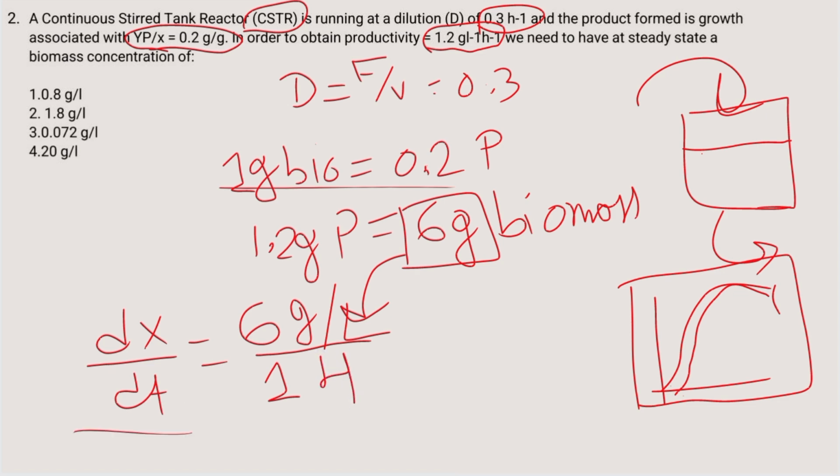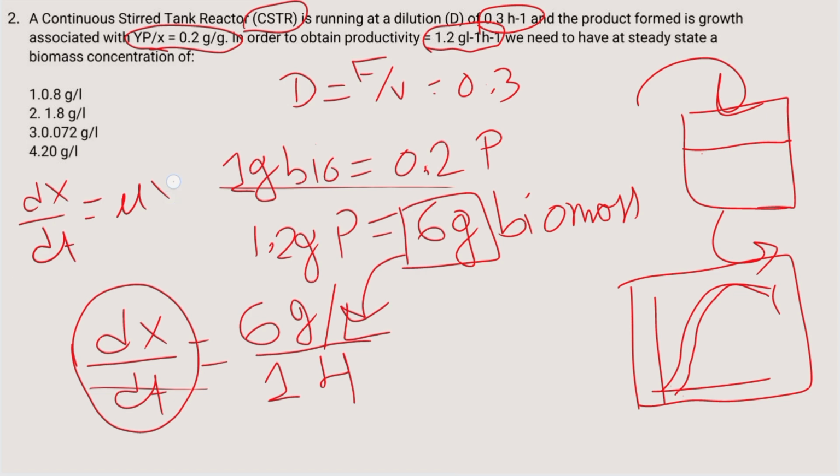Thus 6 gram per liter per hour is the rate of change of biomass concentration. Now we know from the equation that dx by dt is equal to mu x,